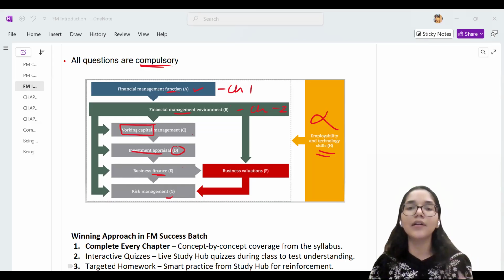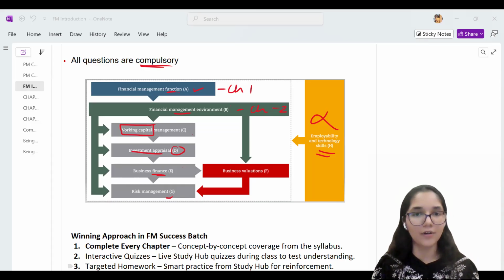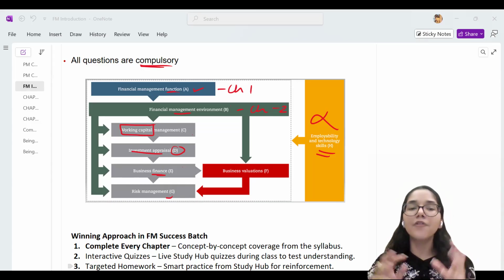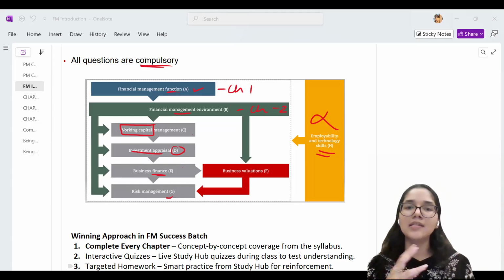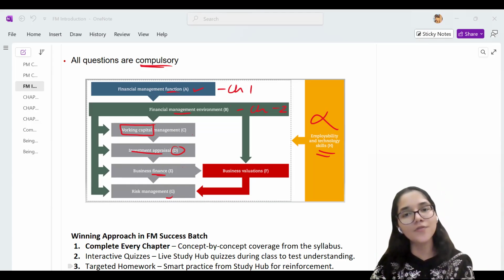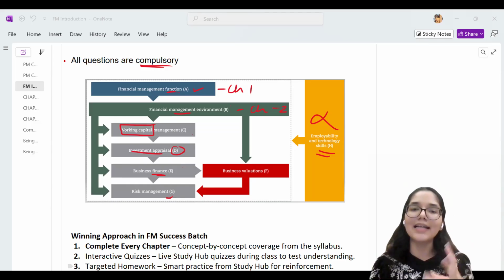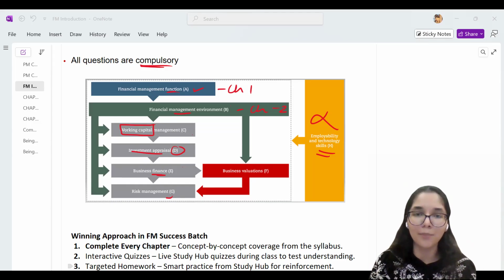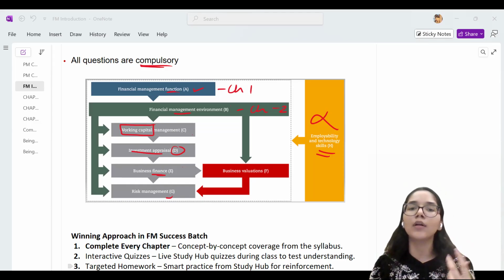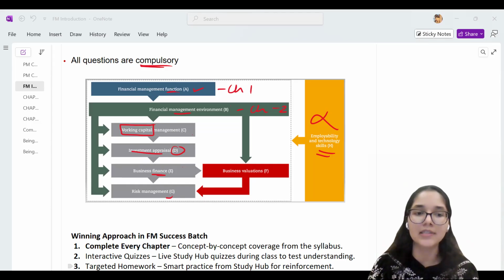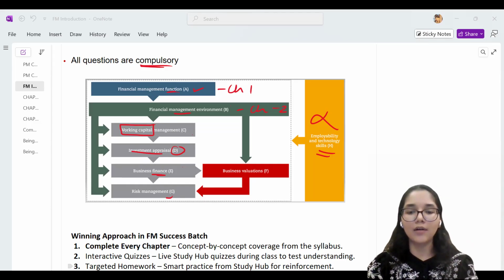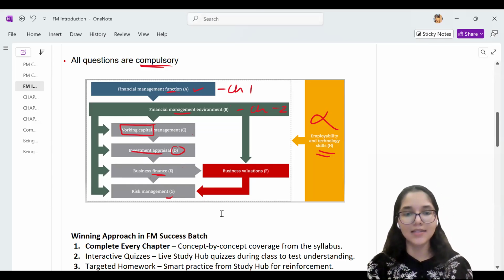So that is the return which the equity shareholders are going to be expecting. So different returns of these holders are going to be the cost for the company. So different things have different costs. So we will learn which source a company should use depending upon the requirements, and the cost that the company is willing to pay for the same. So this is what we are going to learn as a part of the business finance unit.